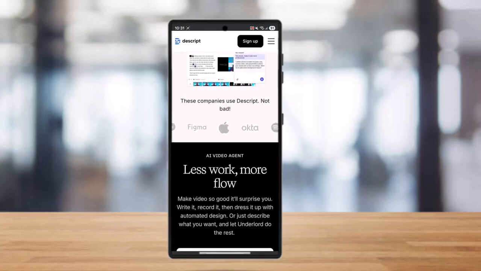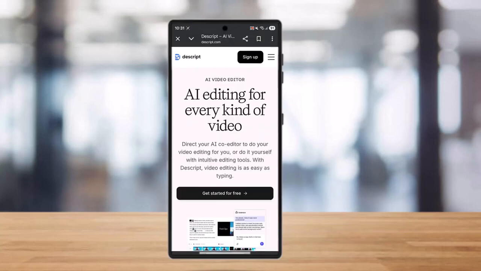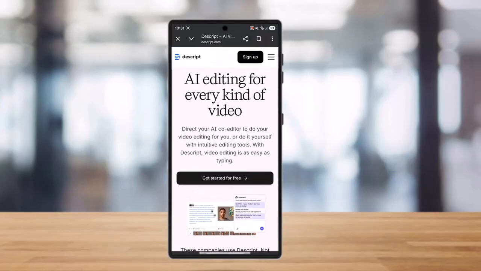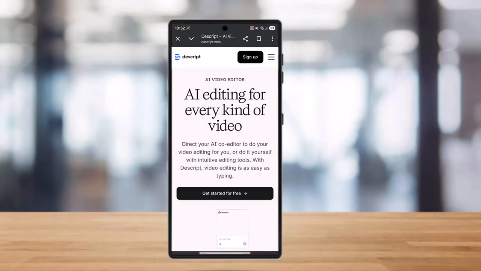Then you can simply trim your video, adjust your volume in the properties panel. You can use the lower audio of other layers toggle for background music, and even add clips precisely where needed by dragging or cutting. So this way you can simply use these simple, easy steps to add sound effects in